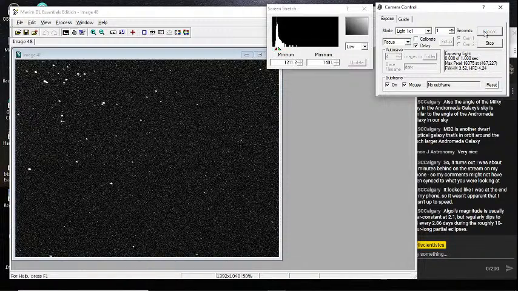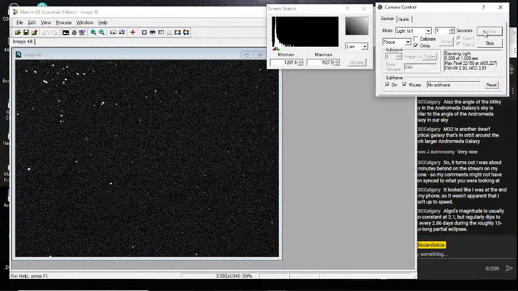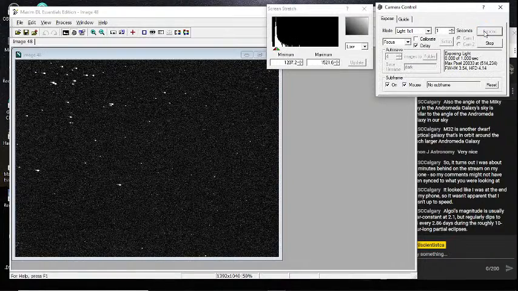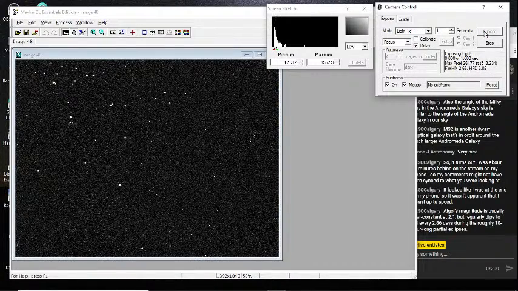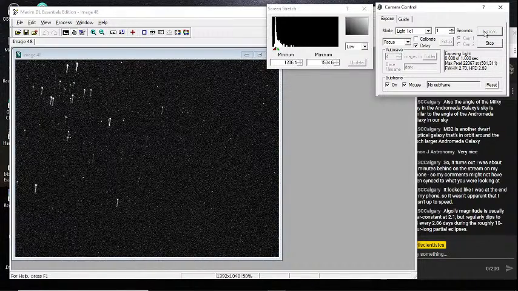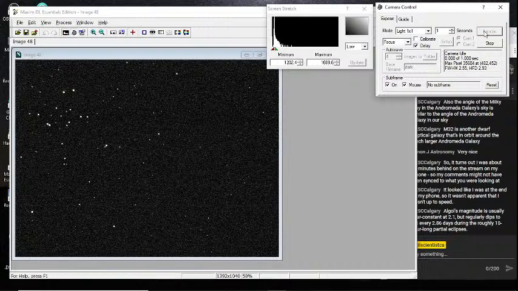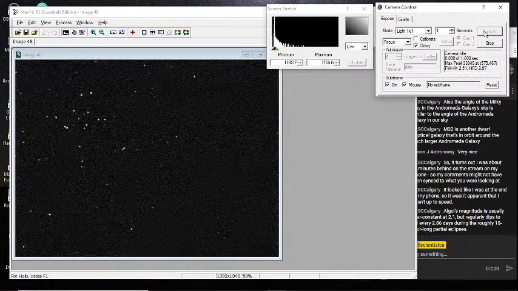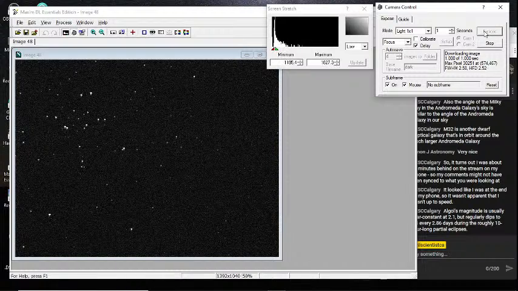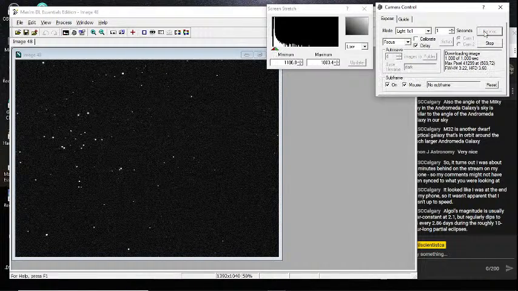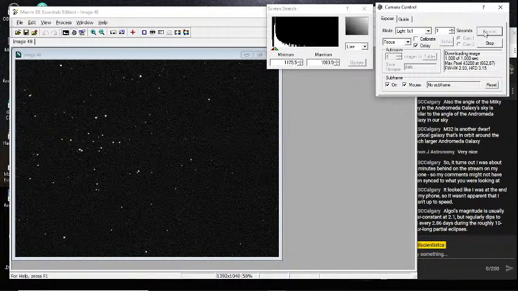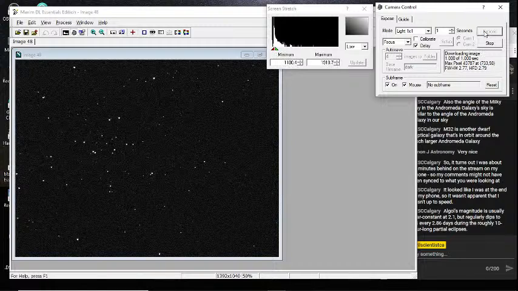There we go. It should be there. Oh, almost on it. It's up in the upper left there, so let's see if we can get it centered. There we go. It's kind of centered now.